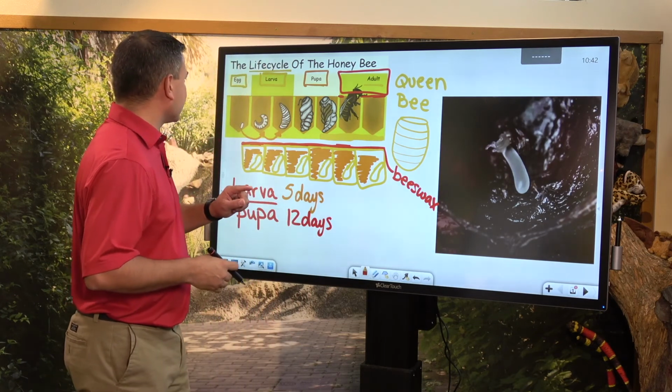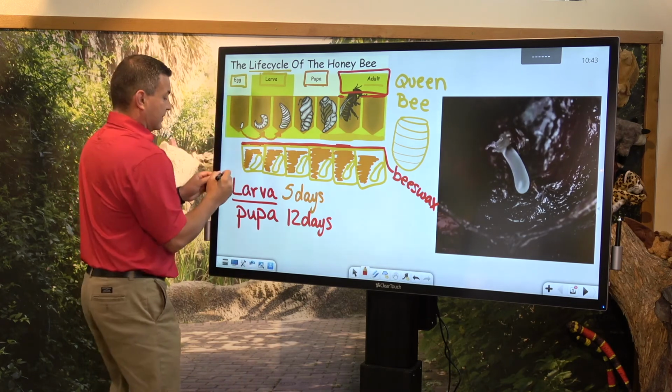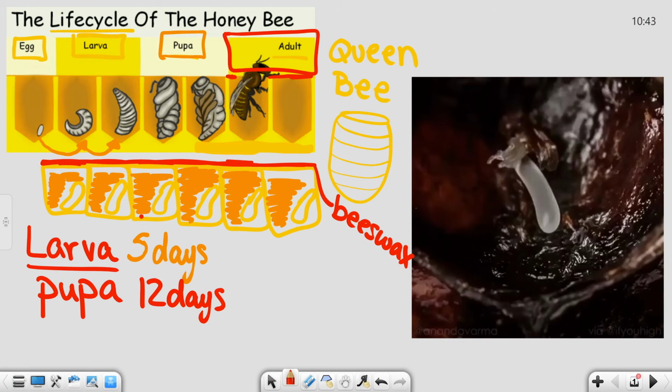So real quick, I would like to go back and recap. The very first stage is your egg. Your egg takes 3 days. Once the queen bee lays her egg inside the cell, the next stage is your larvae stage, which takes about 5 days. The next stage would be your pupa, and then last but not least, you have your adult honeybee. What I would like to do next is show you a quick video